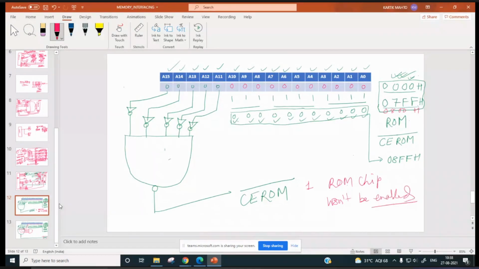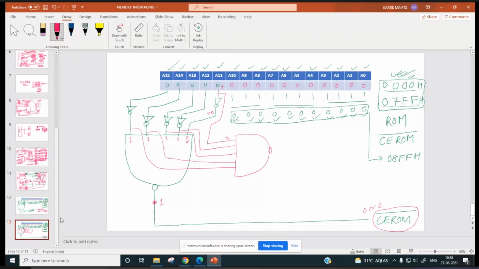Now 800H onwards, what will happen? This is 8. This is 0. This is 0. So 800H onwards.